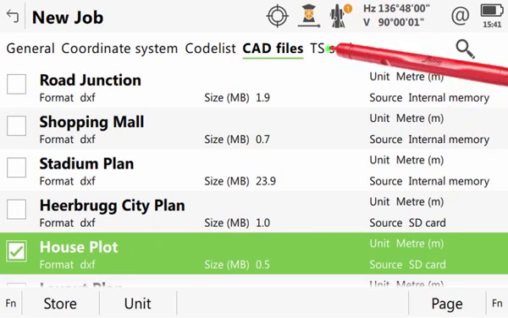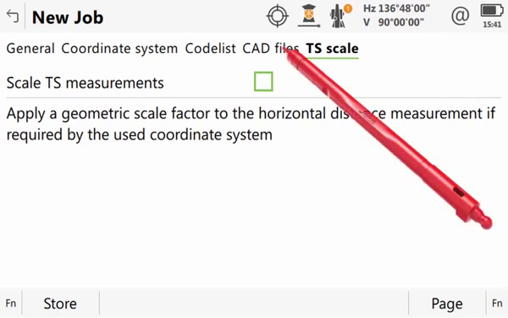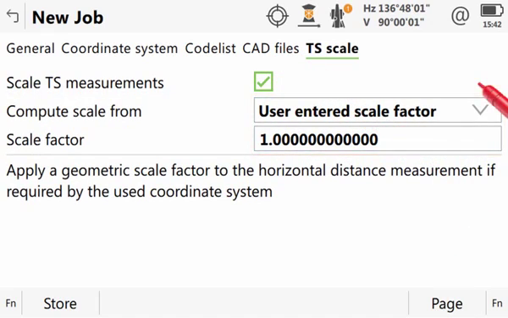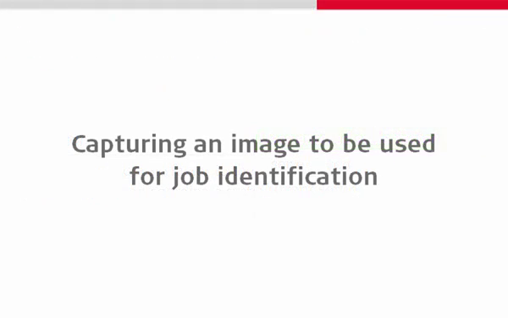In the TS Scale Page tab, the total station scale factor which should be used can be defined. By default, the last used method and values are suggested, but it's possible to modify these. Again, a separate video covers the use of scale factors in more detail. That is now all the page tabs visited, but before we store the new job, let's just return to the